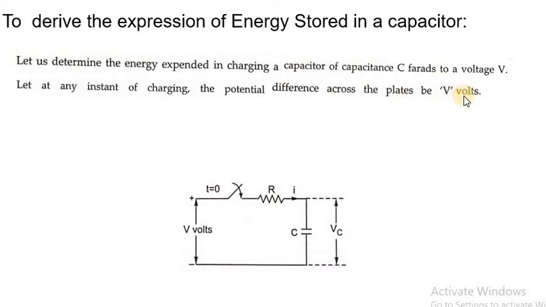So what is the meaning of this sentence? As soon as the switch is closed, the current I is going to start to flow from the supply voltage to this RC series circuit. So who is going to supply the current I? I is going to be supplied by the supply voltage V.